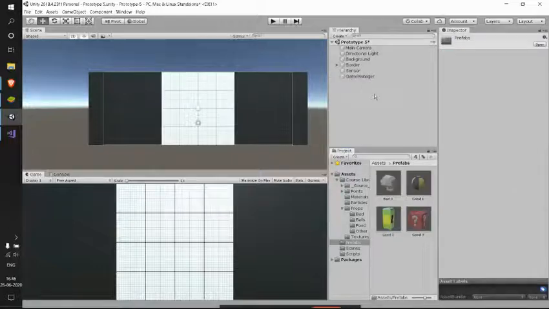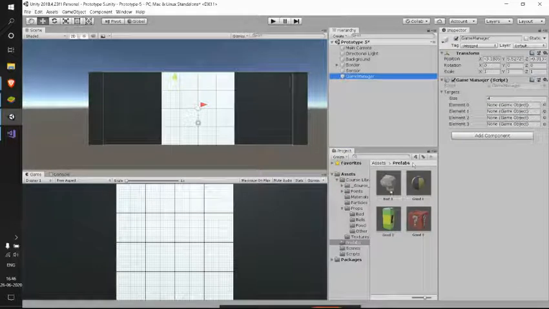Coming to prefabs, let me just initialize them. Make sure that you know which target is at which index of the list here. So I'm giving the zero element as bad one, my first element as good one, and by element I mean index.